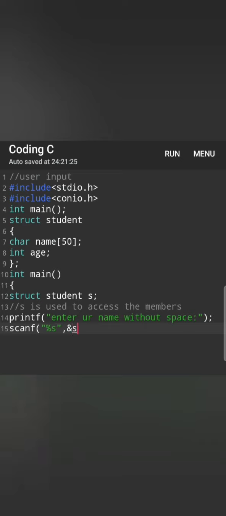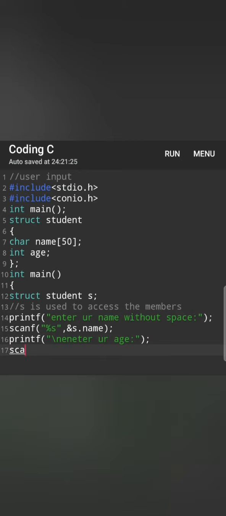Then we will write the name of our local variable, which over here is s, followed with dot operator, and then we will write the name of the parameter which has to be accessed. Here it is name. After that, in the next line, by making use of printf statement, again we will display a text message asking the user to enter their age. To shift the content on the next line, we will make use of \n over here.